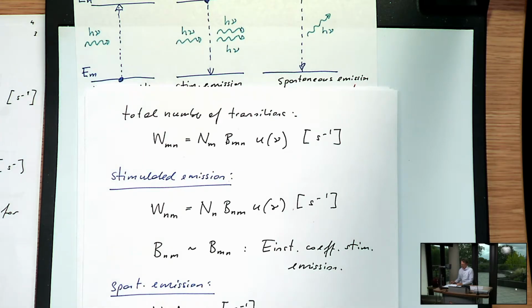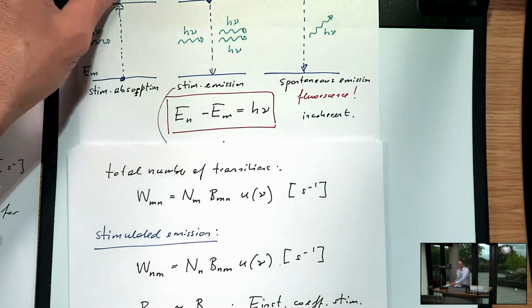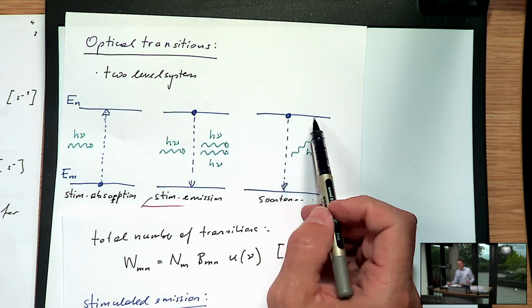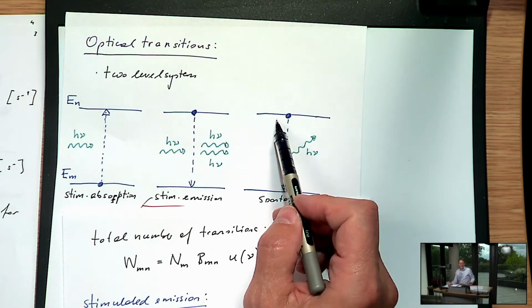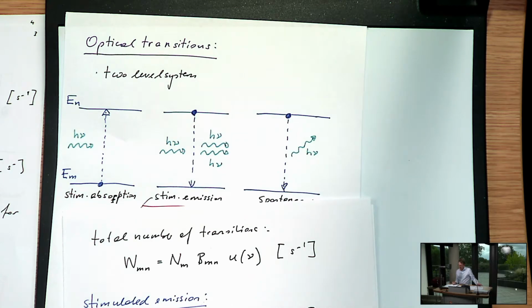And so if this is the rate at which this occurs, let's suppose I have a population of excited molecules in state En. So I have Nn molecules